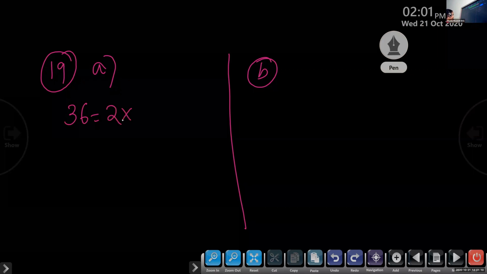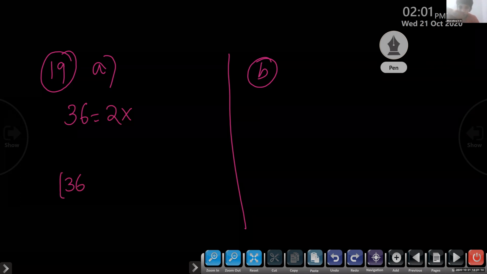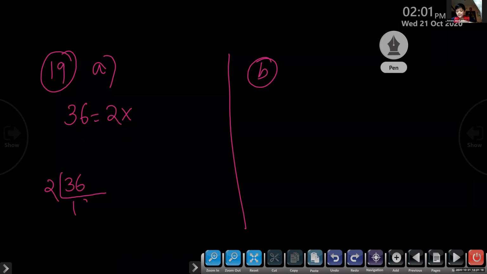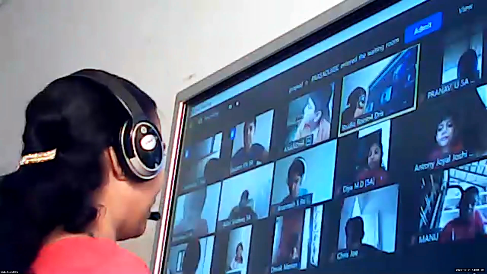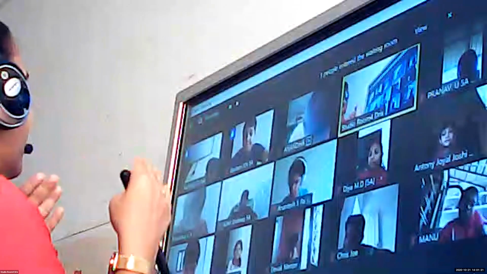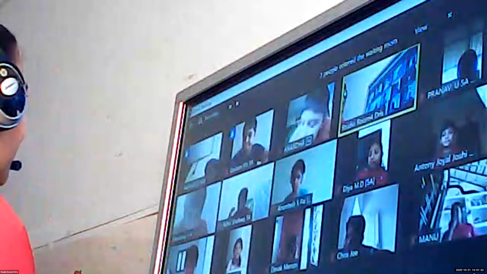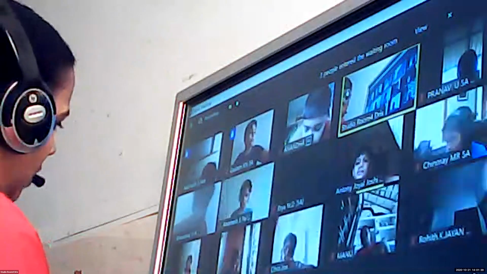2 into... we can write 36 as 2 into... Ma'am, we can write the tree method and find the HCF and LCM of both. Ma'am, we should find this now. Yes, sir. Factor tree you can use to write the factors only. Yes, and we can find LCM. Then we can find out the HCF and LCM. Ma'am, can we write like this?